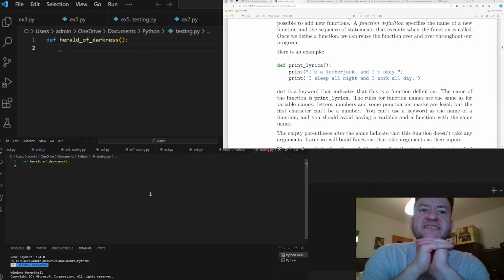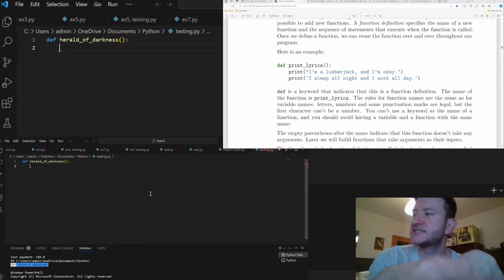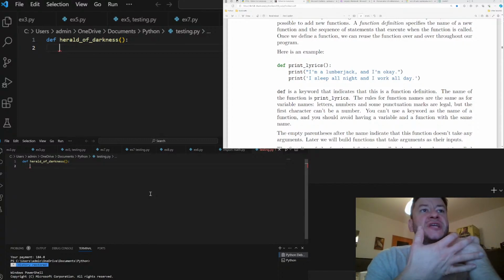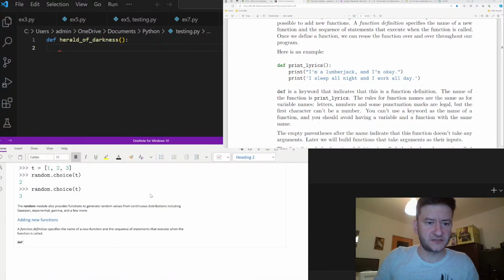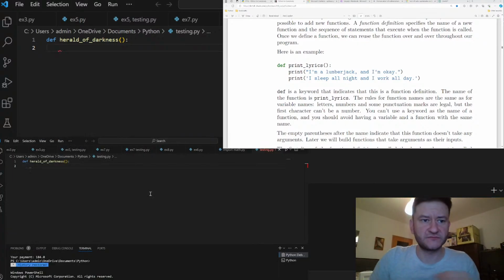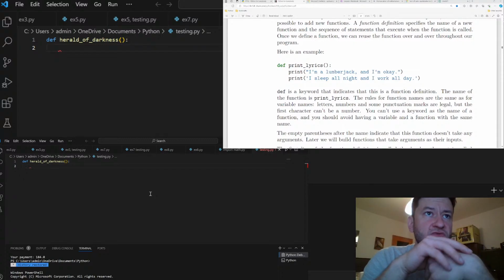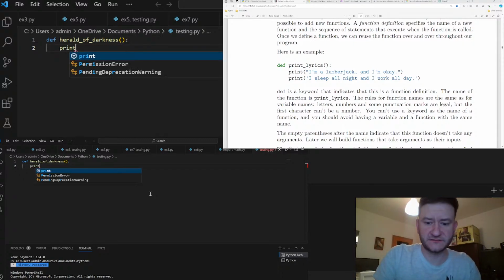The empty parentheses after the name indicate that this function doesn't have any arguments. Later we will build functions that take arguments as their inputs. Okay, so for now, this is a very basic way of creating a function definition. And so it's going to print